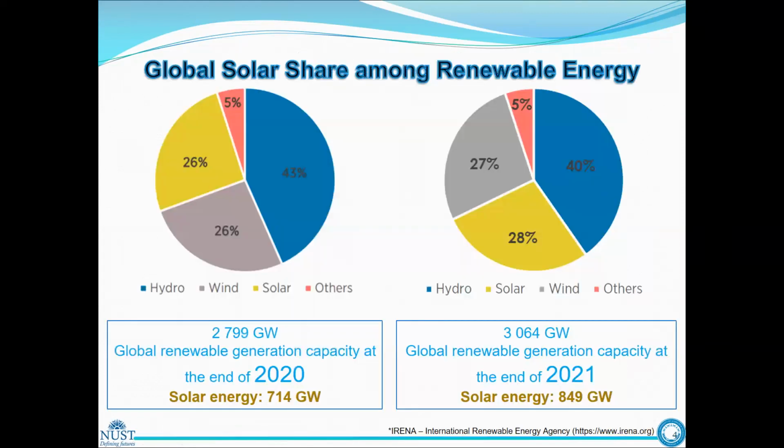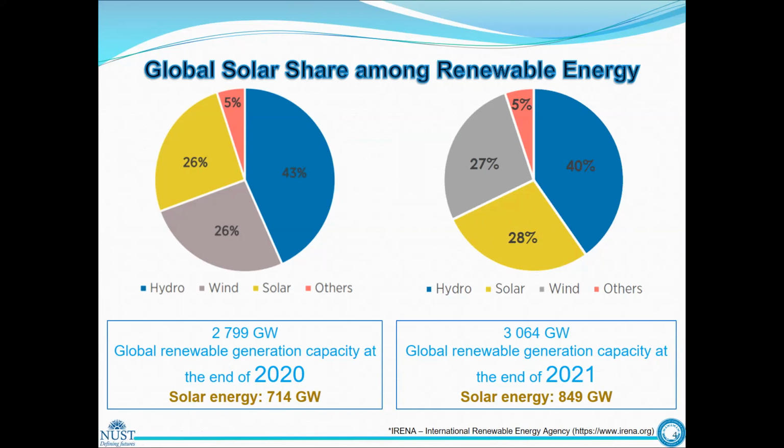And the international community is already working on this thought. You can see here that at the end of 2020, the contribution of solar energy among other renewable energies was 26%, and then it increased to 28% by the end of 2021. And the amount has increased from 714 gigawatt to